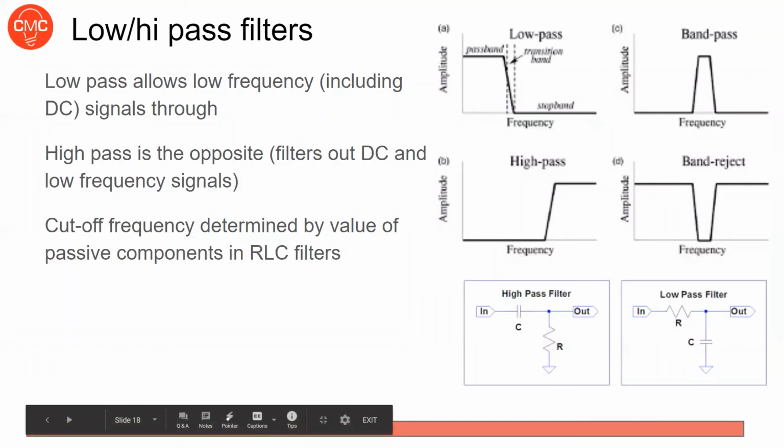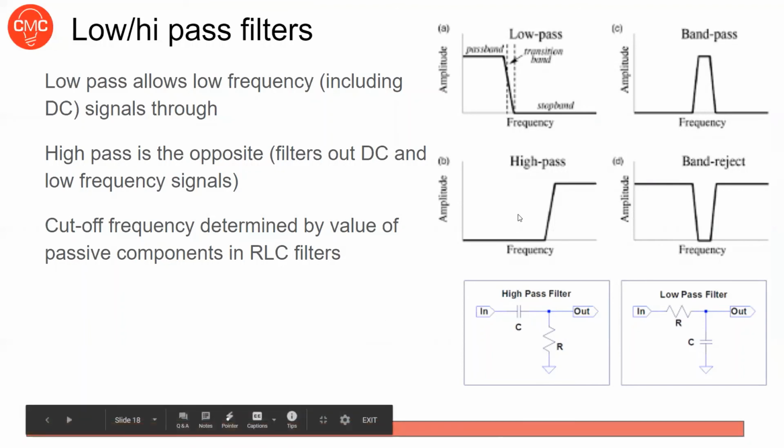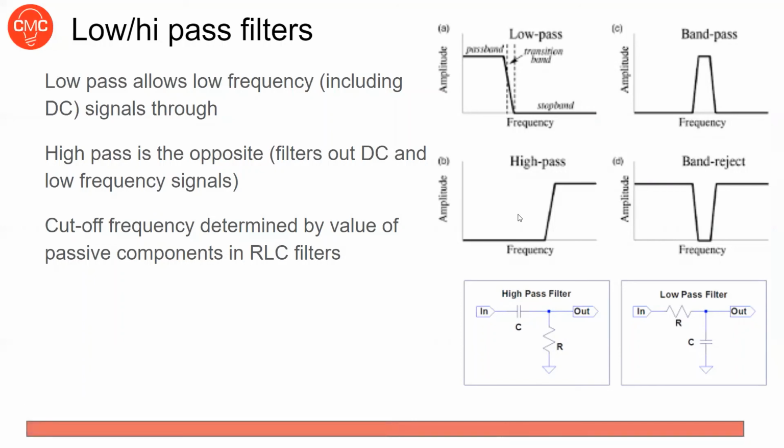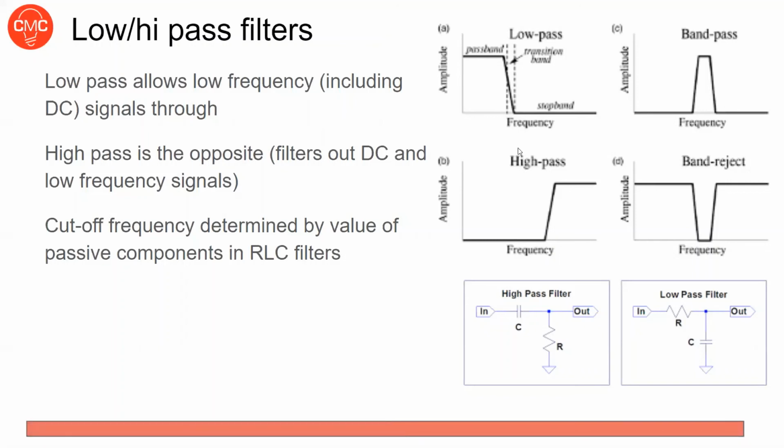So finally, I just wanted to do a quick review of filters. Hopefully you have done this at least briefly, like in a physics class, if not thoroughly in a circuits class already. So I cannot go over all of this right now, but the general concept is using passive components to control what kind of signals will get through a filter and which ones will be rejected. A low pass filter lets through the pass band, which is the low frequencies, and rejects everything in the high frequency, and the high pass is the opposite. You reject low frequency, including just DC, 0 hertz, and let through high